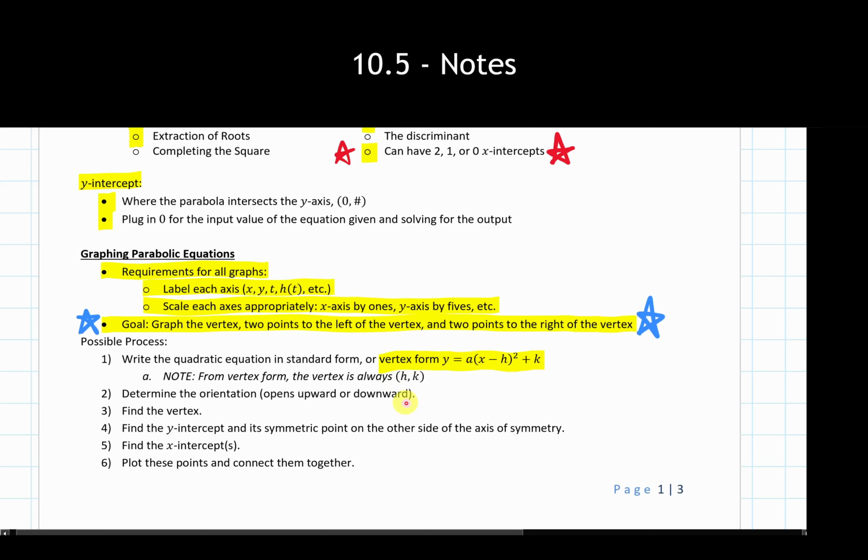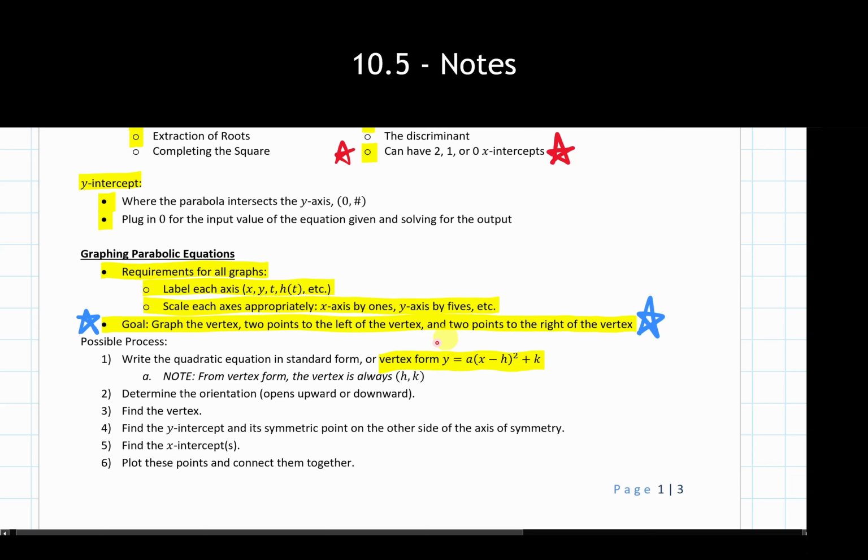Good, done. We want to determine the orientation of this quadratic equation next. Is it opening upward? Is it opening downward? Just give us a general shape of this thing. Once we have the vertex, we've already found that. Maybe it's given to us in that form, or maybe we're doing some rewriting here, but we have the vertex. I think it's very helpful to find the y-intercept as you're going through this, because you're always going to have one. And then you could find the x-intercept and use those if you'd like to.